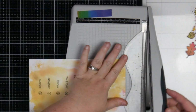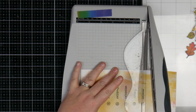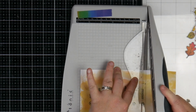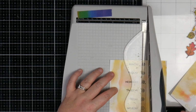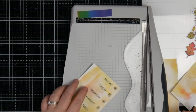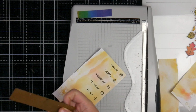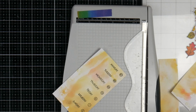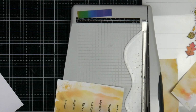There's those. And the good thing is that I think I've done it kind of well, that I've lined up this side so that I know all of these are in the same place. So then I can just trim down however tall I need them to be. So I think, if I remember correctly, that my ones on my page are about 5 millimetres, half a centimetre, you know, words. So half a centimetre